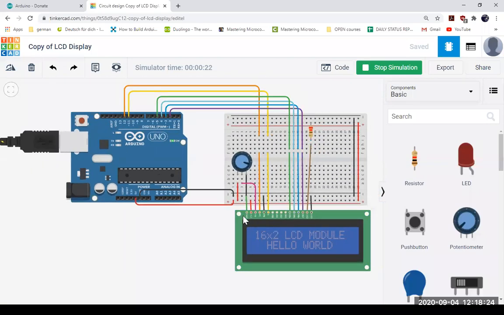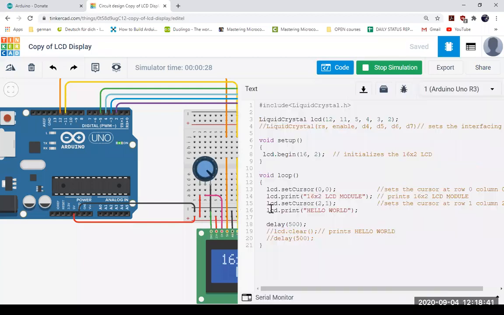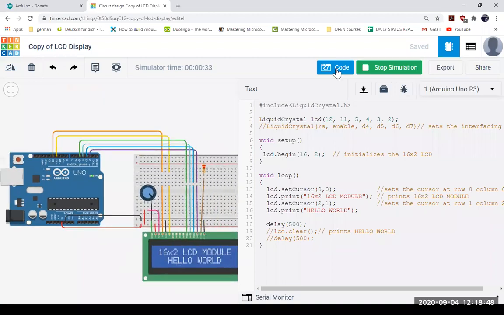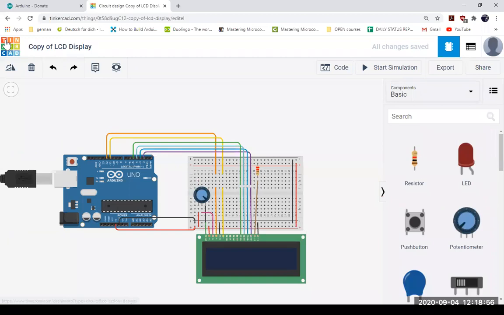All right. So there is also one thing, this potentiometer. If I change it, you can see the brightness or the contrast of the words is changing, right? So this is not only the connection, it is the programming also, right? So we are going to learn how to connect this and how to print something here. So this will be one of the projects we are going to do again. So if you want to go back to the first page, click on the Tinkercad logo. Okay, we will go to the home page.